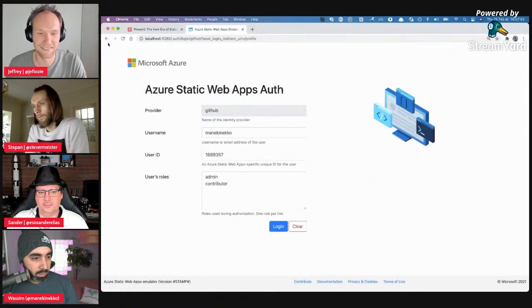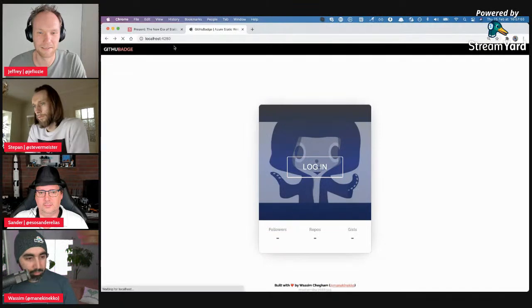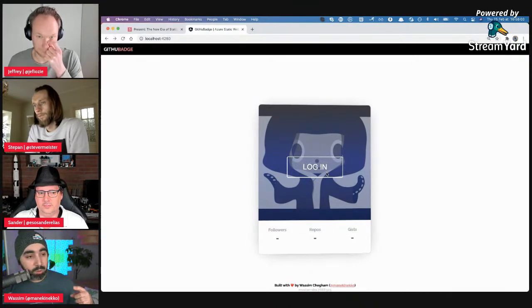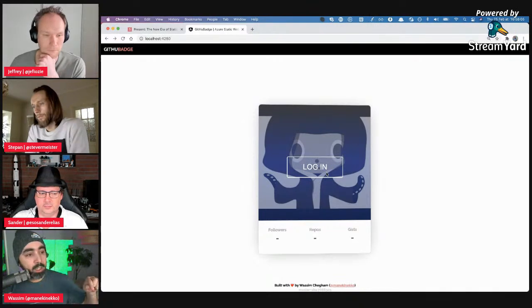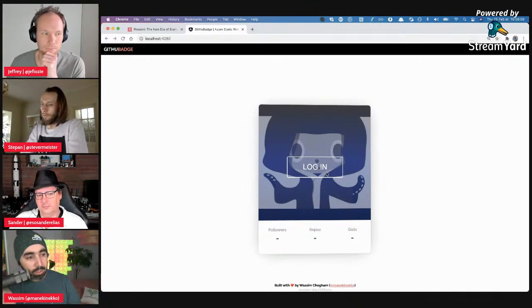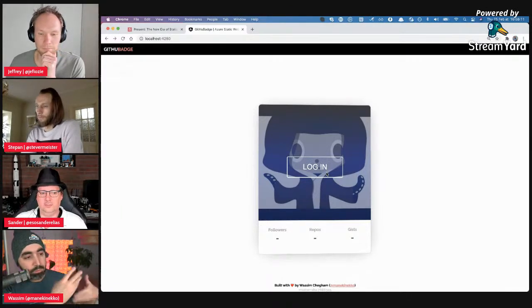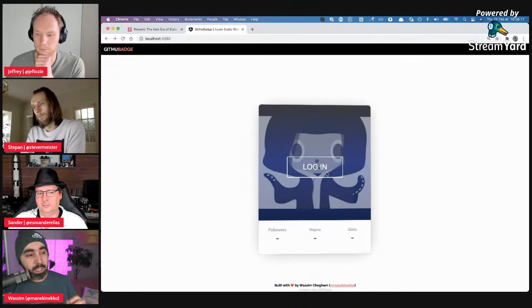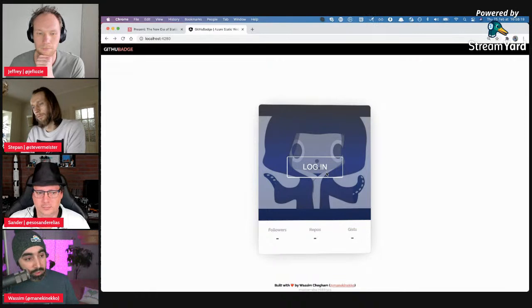Going back in time. If you log in here, if you do this on production, you would go through the actual authentication flow with Azure Static Web Apps. Go in through GitHub, then get the token back, allowing the developer to do whatever they want. So locally, because we don't want to emulate the actual authentication process,